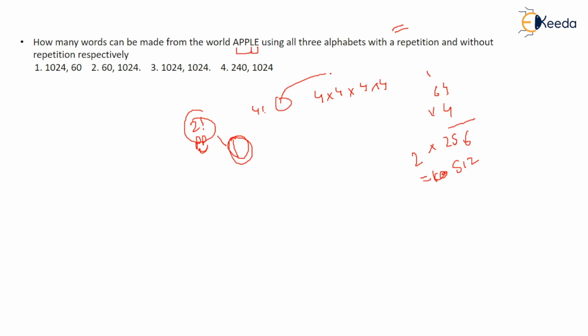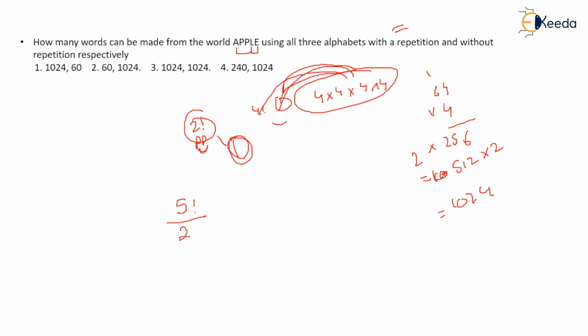Now this can also come here and this can also go here, right? These two alphabets. So you have to multiply it two times, because there are two arrangements. This pair of alphabets which are together can also go there, and the other 4 alphabets can come here. So into 2, this comes out to 1024. Okay, and now they ask you without repetition. So there are five letters, and how many are repeating? Two are repeating. So you can simply cut out. So after you do this, it comes out to be 16. So 1024 and 16, option number 1.